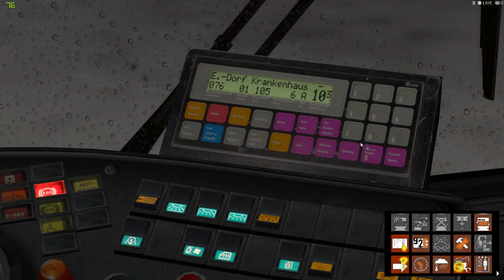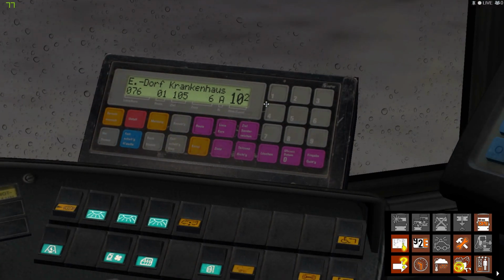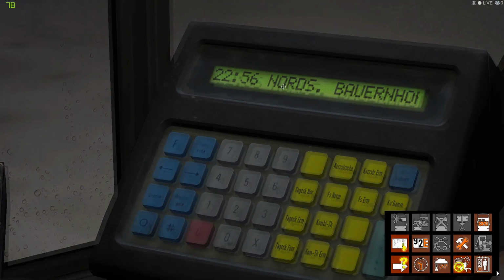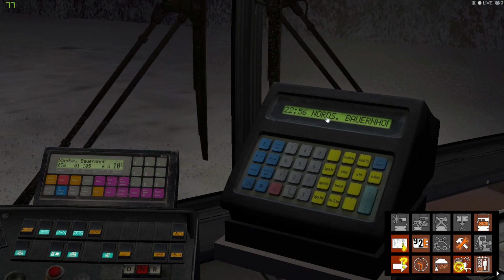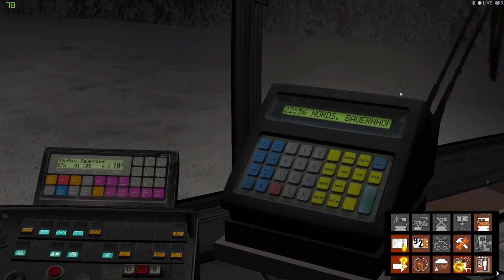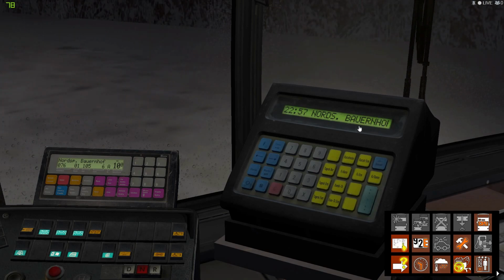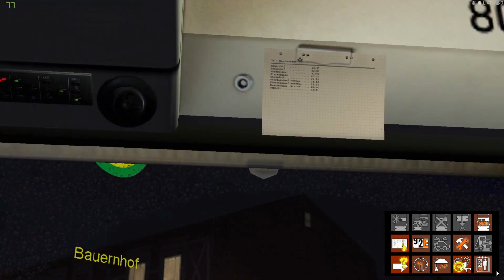Enter. Yep, so that worked. So Edorf and Krankenhaus. Now if you see up here on our ticket counter, or printer, it says where the ticket starts off and where our final ending destination is. Or actually no, that's the pickup destination. My bad. So it's 2257. Our route starts at